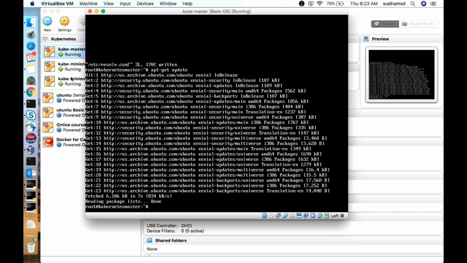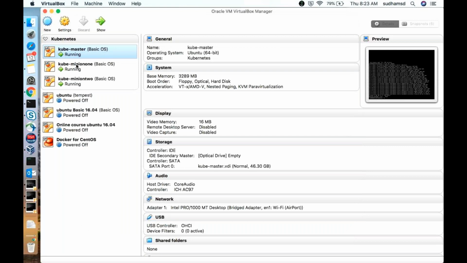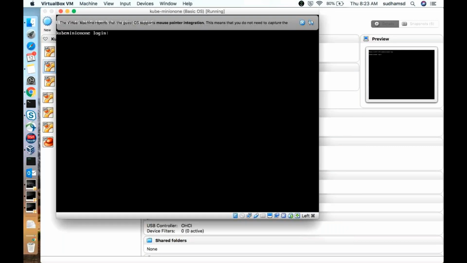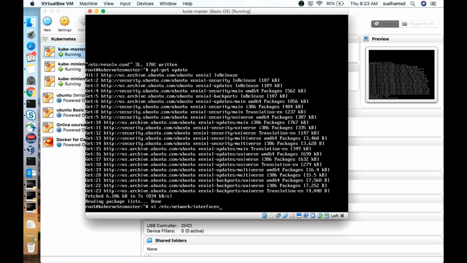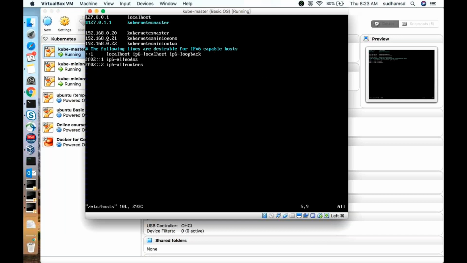It is Cube Minion 1. So I need to change the host name. Sorry, I gave a bit different host name. It is Cube Minion 1 and Cube Minion 2.